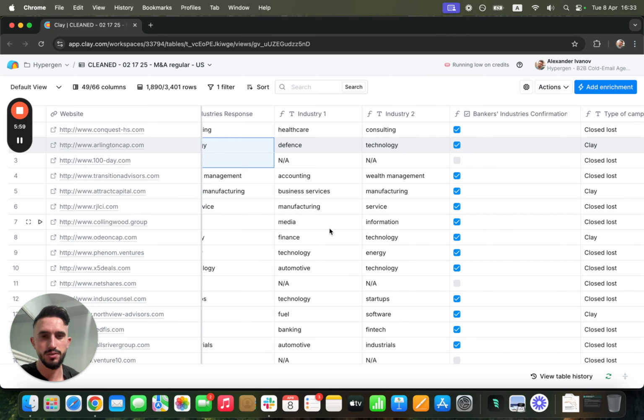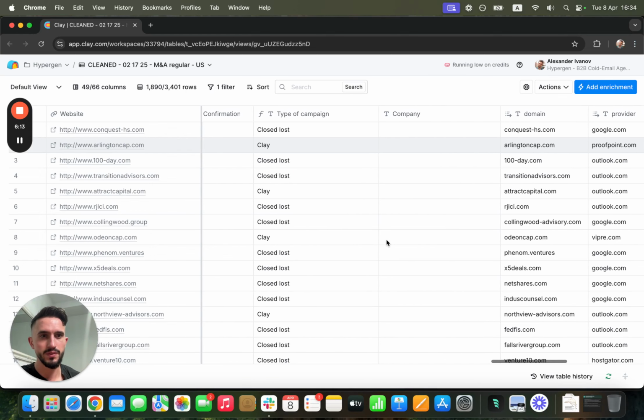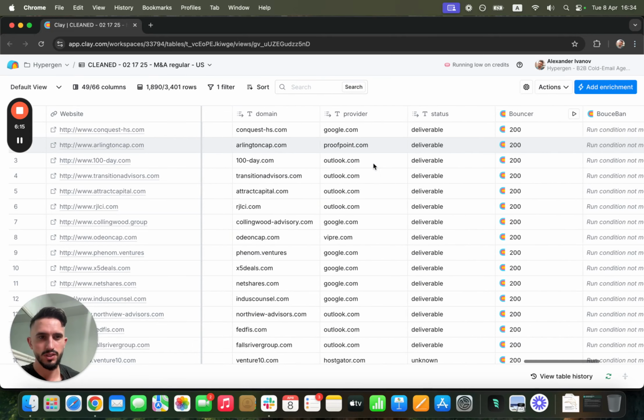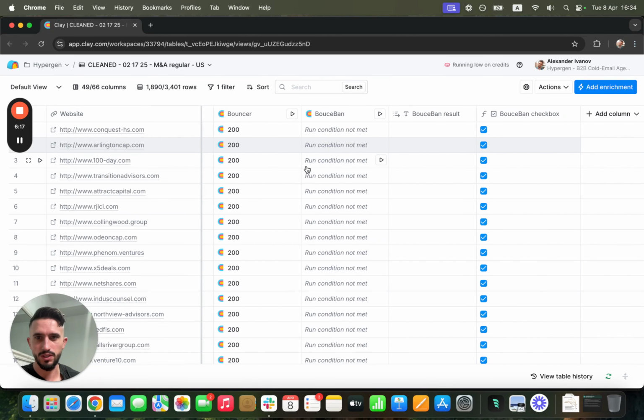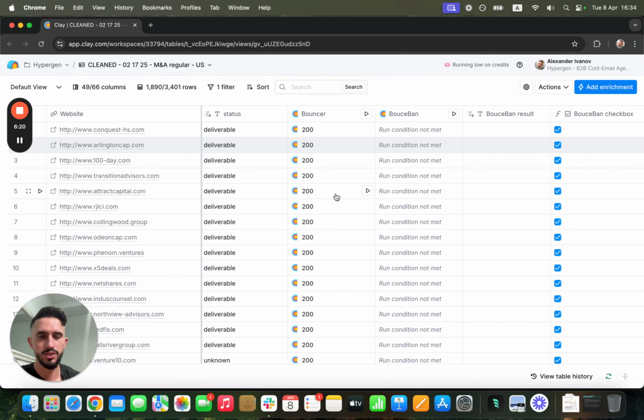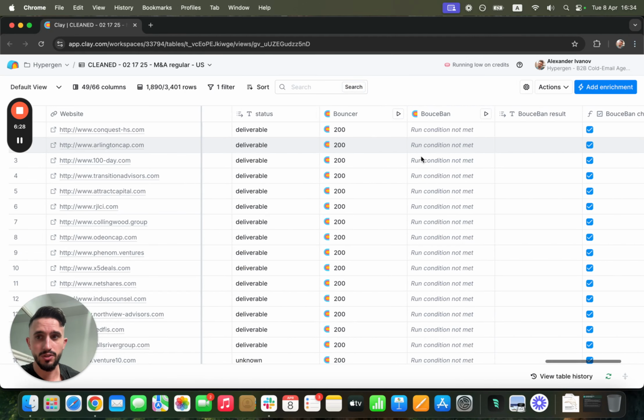When reaching out to them, we could say, I see you're focused on the healthcare sector, or the defense sector, or I saw you sold company XYZ, are you looking to represent other similar companies? There are a few other extra steps here. The most important thing is we have Bouncer and Bouncer Bond, which essentially check whether these emails are legit or not. Bouncer for verified emails and Bouncer Bond for catch-all emails.